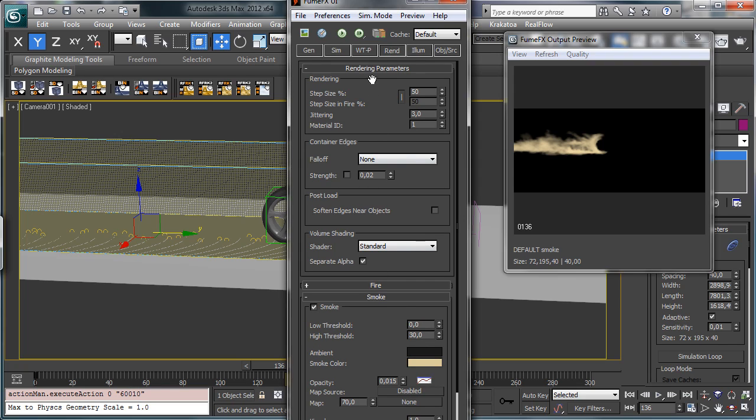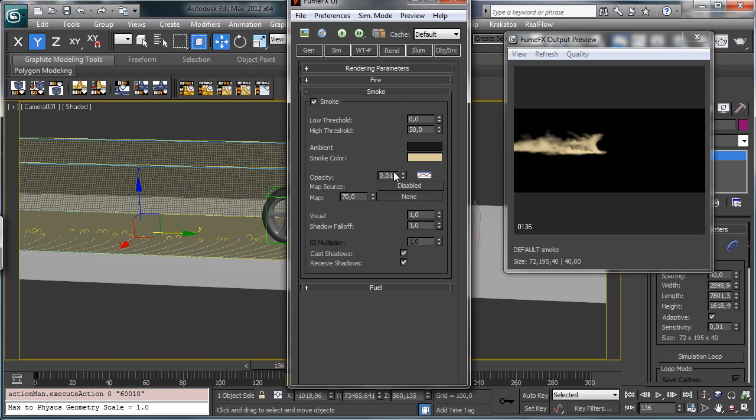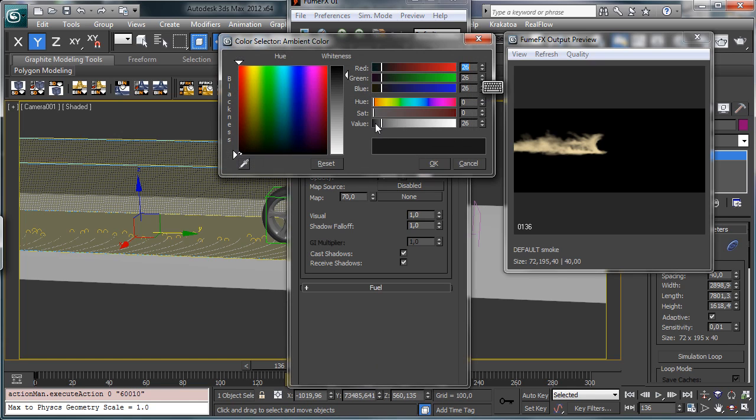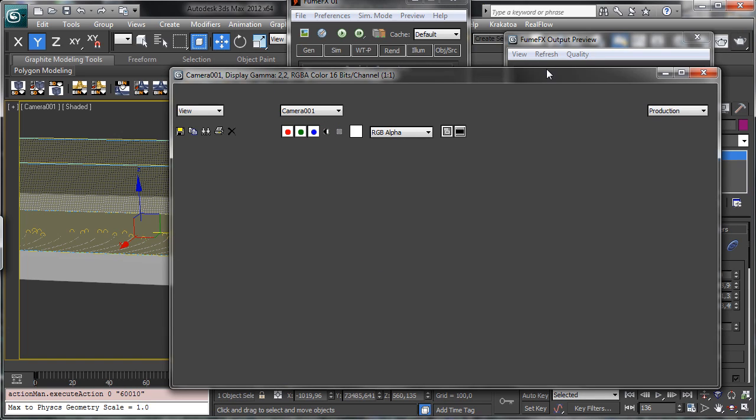Let's close fire, let's close rendering and fuel. Okay, and let's play a little bit there. So let's say that the environment is darker and it's something like a really dark brown, and let's render